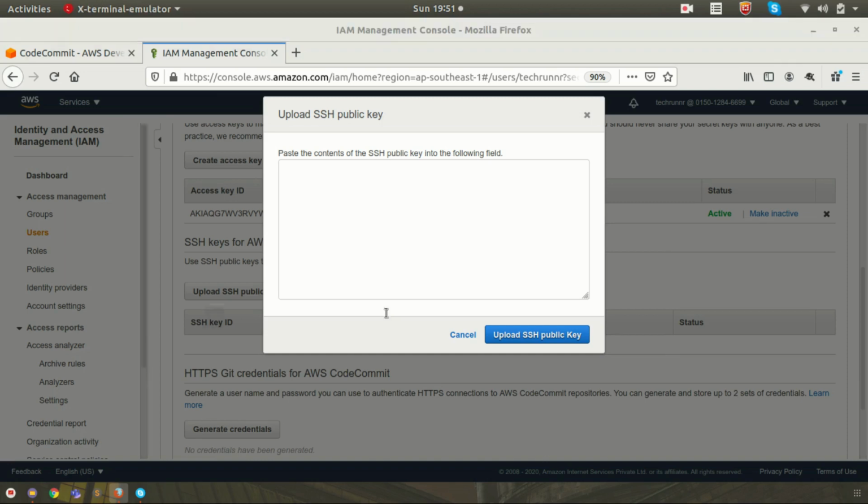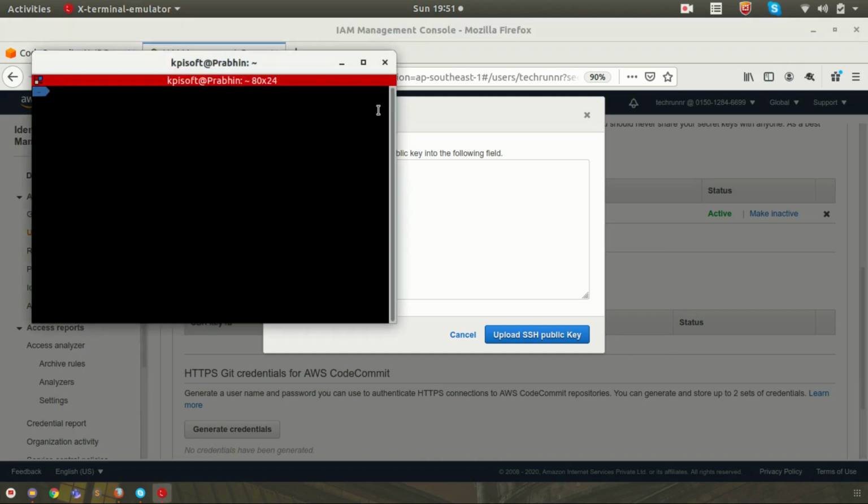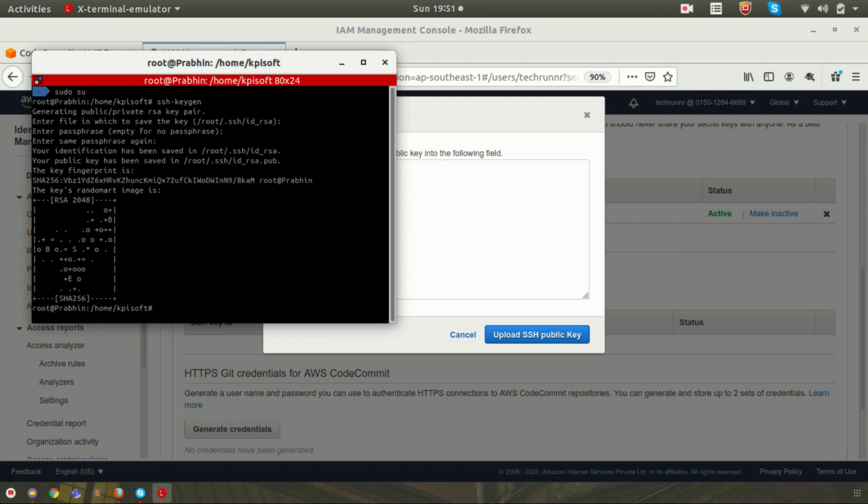I am using a Linux machine as my operating system, so execute this command, ssh-keygen. This will create the SSH public and private key for you.